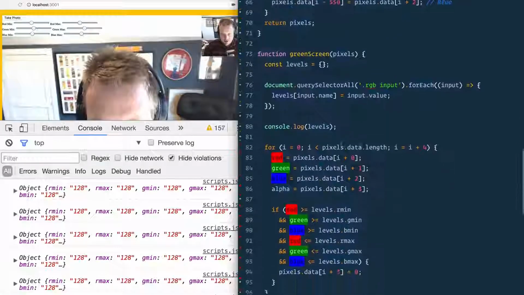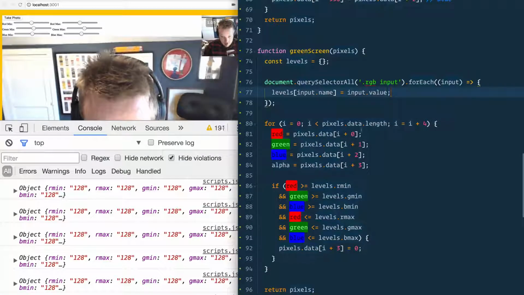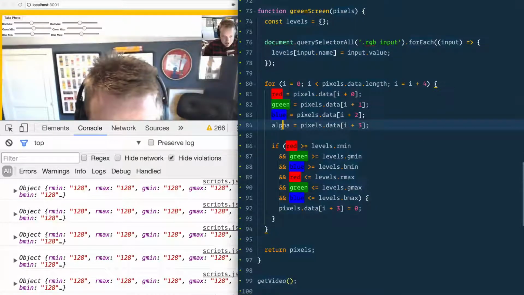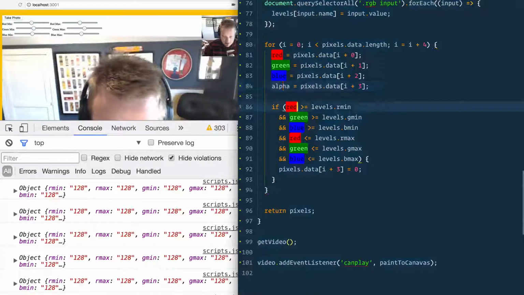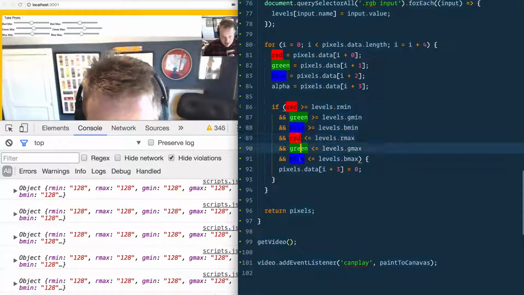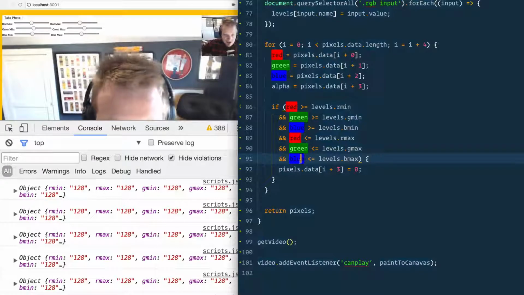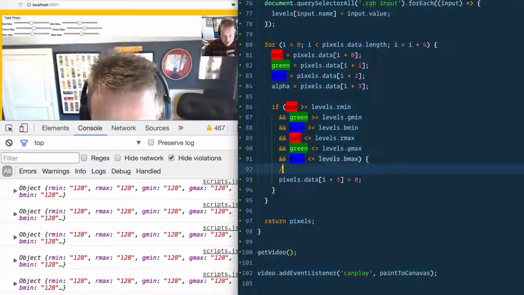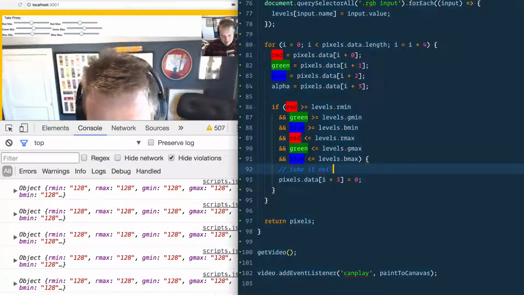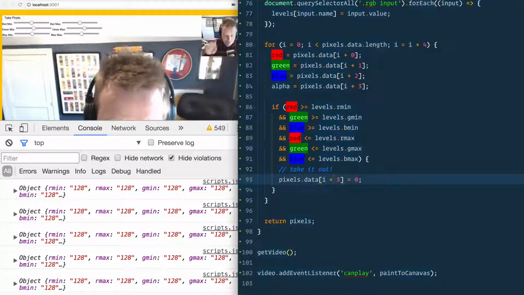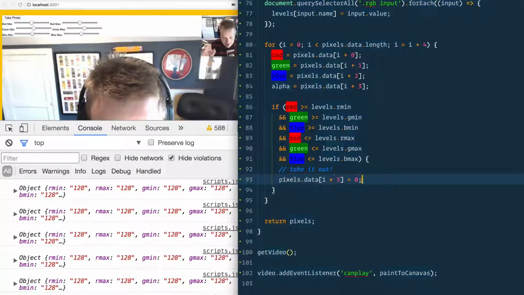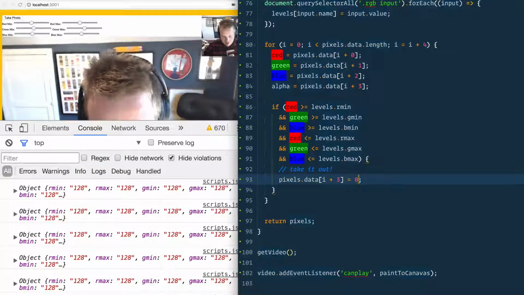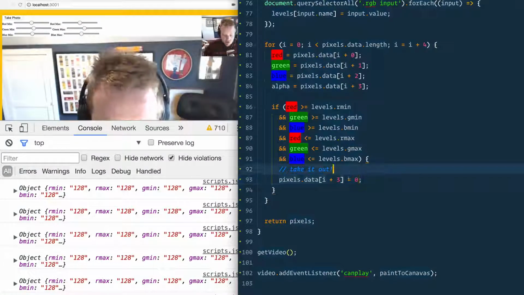Then we have a huge for loop, just like we've done before. We loop over every single pixel. We figure out what the red, the green, the blue, and the alpha are. And then we say, if the red and the green and the blue are anywhere in between those min and max values, that's what this huge if statement does, we take it out. Why? Because the fourth pixel value is the alpha, which is the transparency. And if you set that to 0, that's going to be totally transparent, rather than 255, which would be totally there. So if we give that a save now,